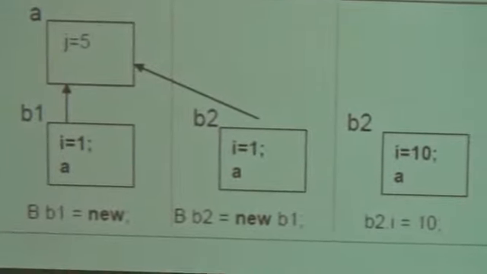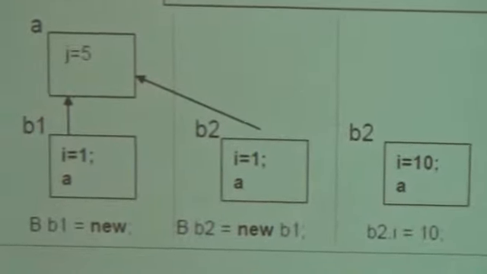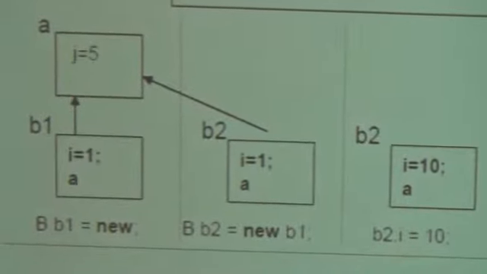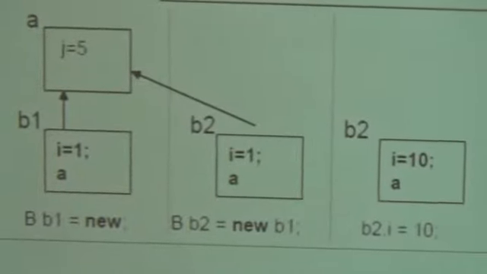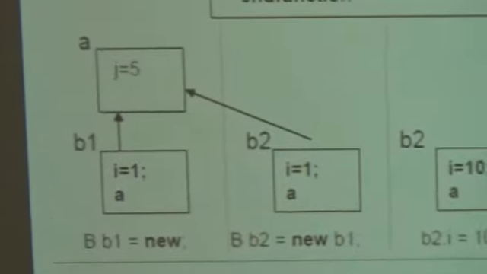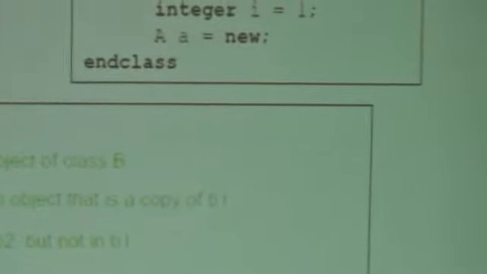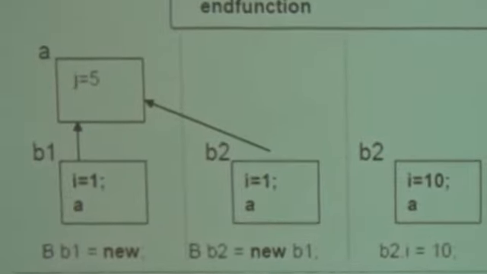That means it copies the variables present, that is i equal to 1 and a, but it does not copy the object of class A. It has just copied the variables of A, but not the object of class A. That is the difference of shallow copy. It copies the object handlers, but it does not copy the complete object. Class A has some object, and I have created an object here, a equal to new, but it does not copy the whole object, it has copied just the variable.